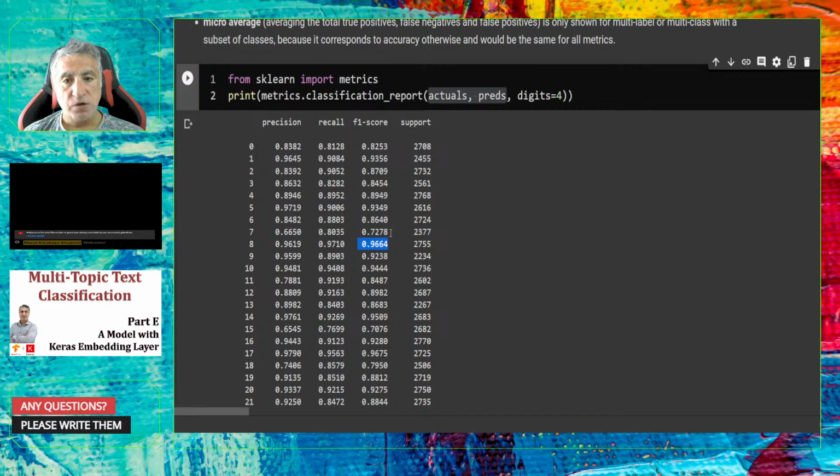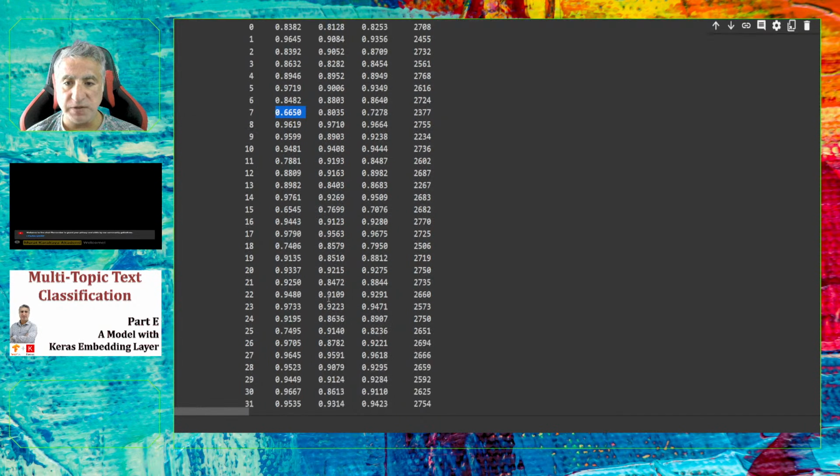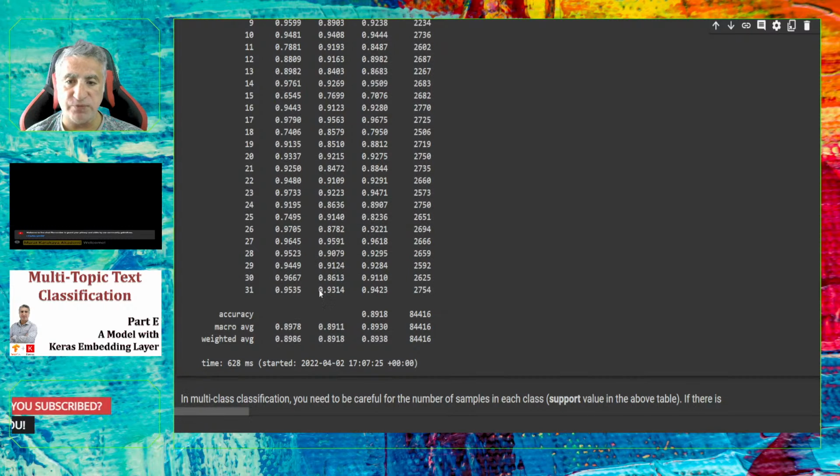So you might work on this class, for example, class 7, to increase its F1 score, or check that this class has very low precision value. So you might learn a lot of things about your classifier per class, and you might need to take some actions to increase precision, recall, F1 score depending on your target application priorities. I will not go into details on this, but I just warn you to pay attention to each class